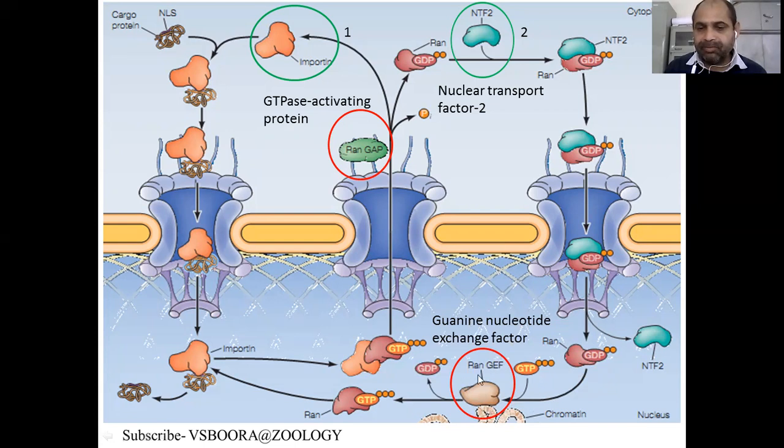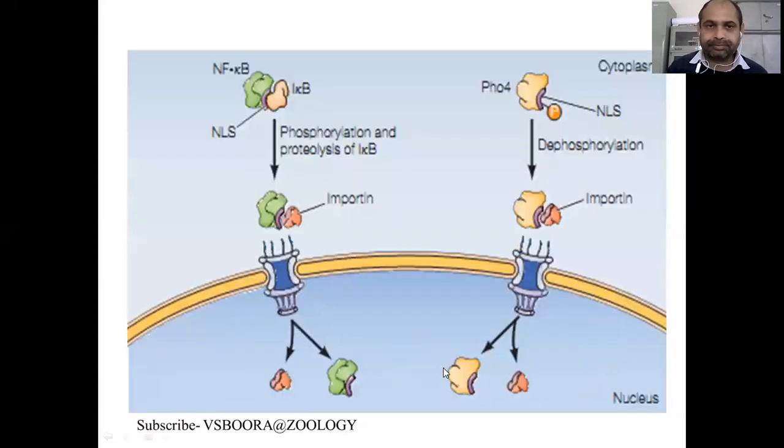This enzyme is linked with chromatin, which is present in the nucleoplasm. In the same way, nuclear factor kappa B particles are inhibited with the help of the inhibitor, inhibitor kappa B. It is recognized by the importin protein having nuclear localization signals. In the case of nuclear factor kappa B, it is recognized by importin and then imported into the nucleoplasm.